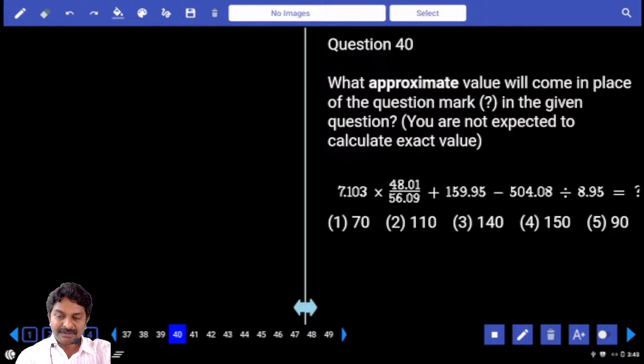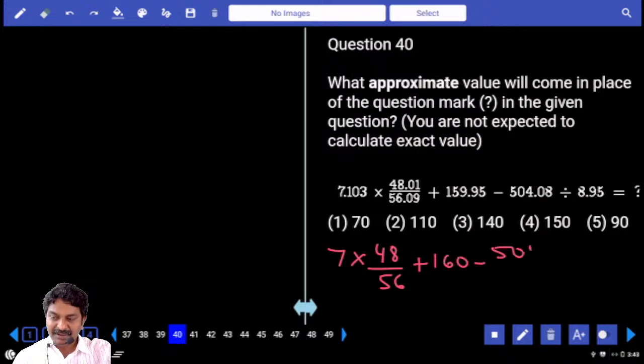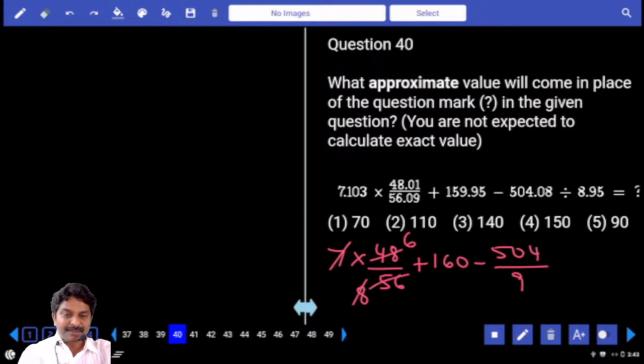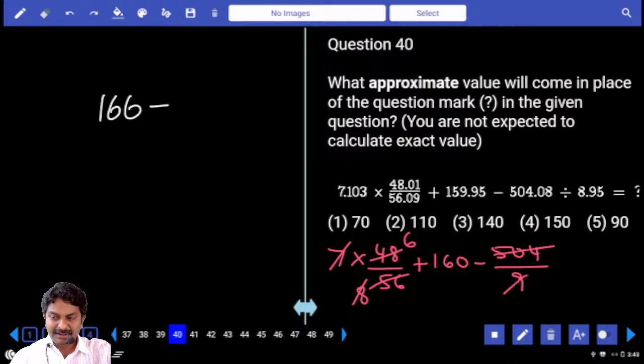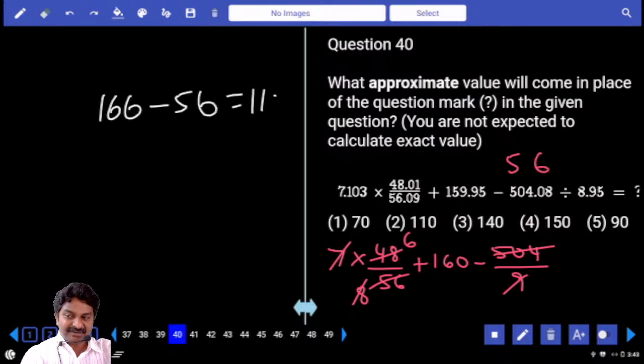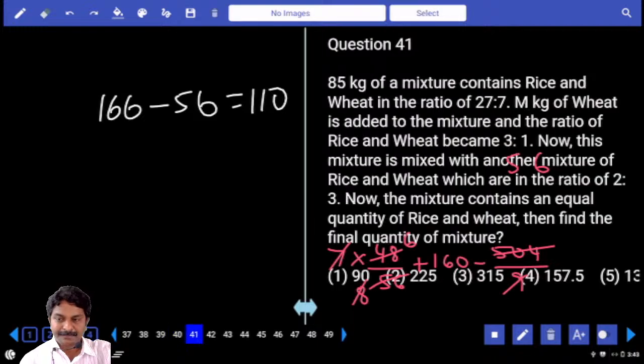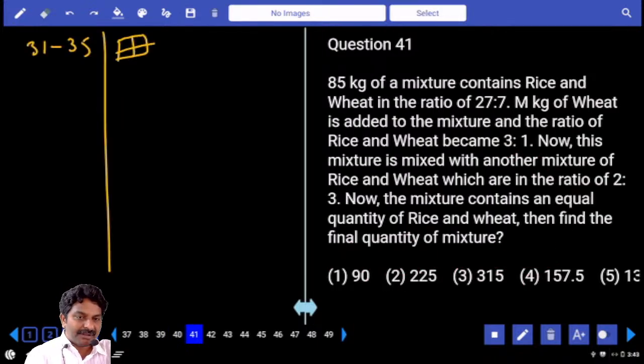Rewrite it. 7 into 48 by 56 plus 160 minus 504 divided by 9. 7, 8 times. 8, 6 times. So positive number 166 is already there. 9, 50, 6 times. How much is that? 110. Right, from 41 we have